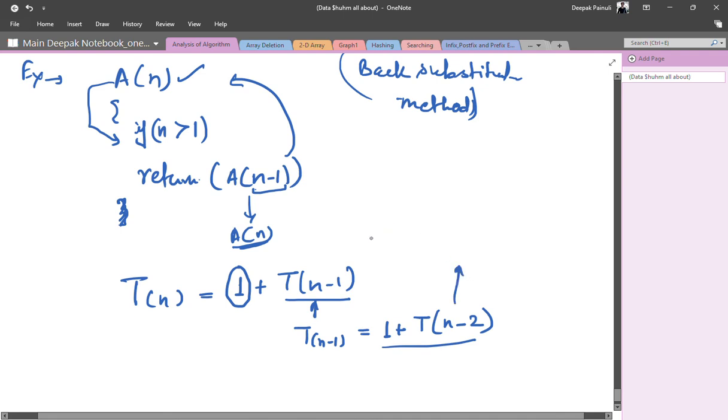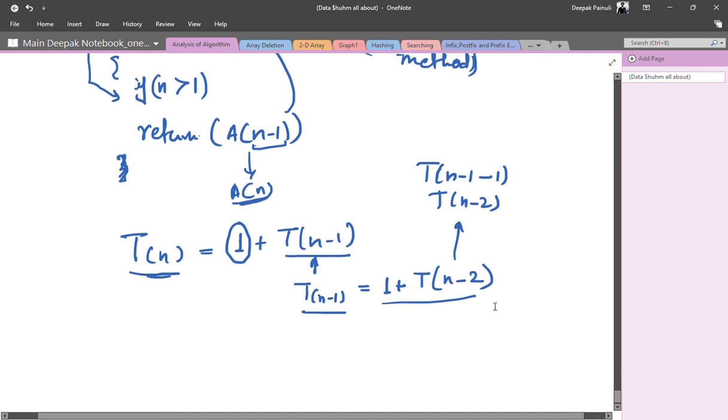Because just like you replace T(n) with T(n minus 1), definitely T(n minus 1) will be replaced by T(n minus 2). That's why we have written n minus 2.